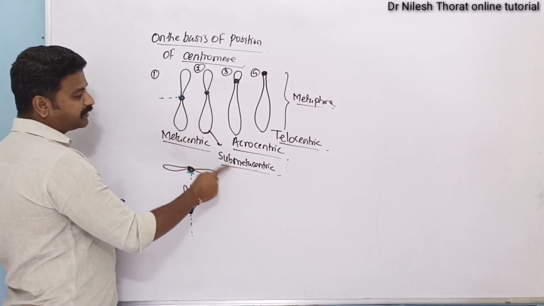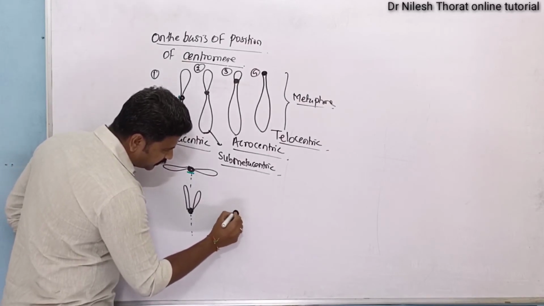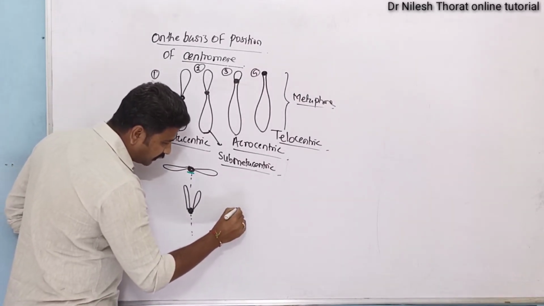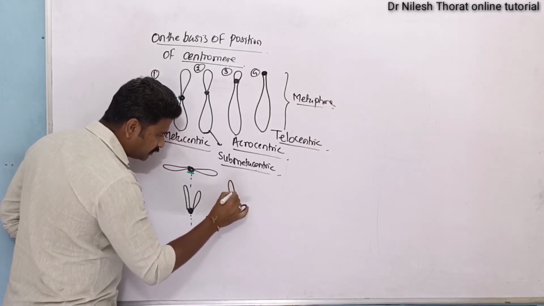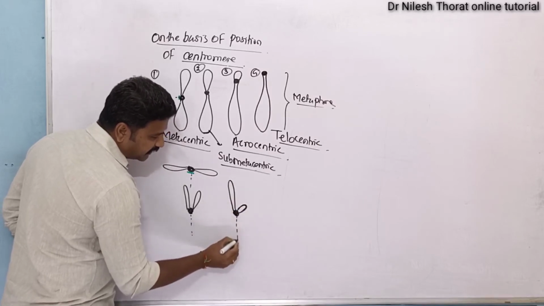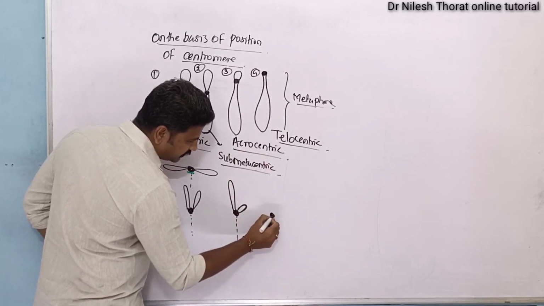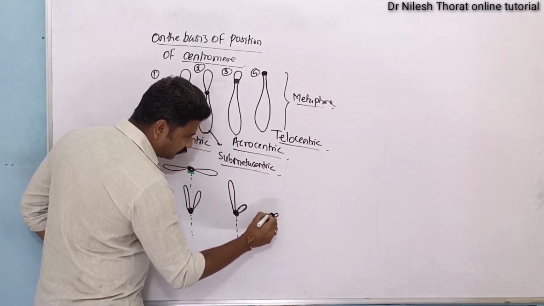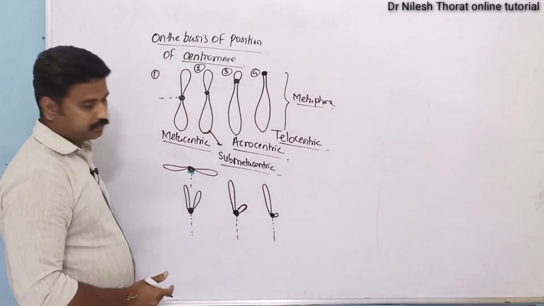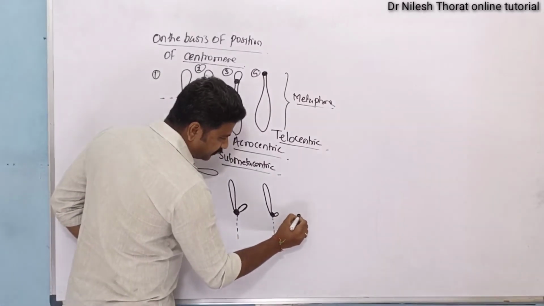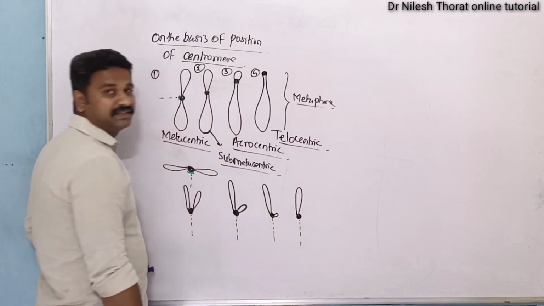Similarly, if we pull a submetacentric chromosome, then it will produce a structure in which we can visualize a centromere, one arm which is short and one arm which is long. So it will produce an L type of structure. Then an acrocentric chromosome will look like it has one shorter arm and one larger arm. This type of structure is called a J-shaped chromosome. And whenever we pull the telocentric chromosome, it will produce an I-shaped chromosome.